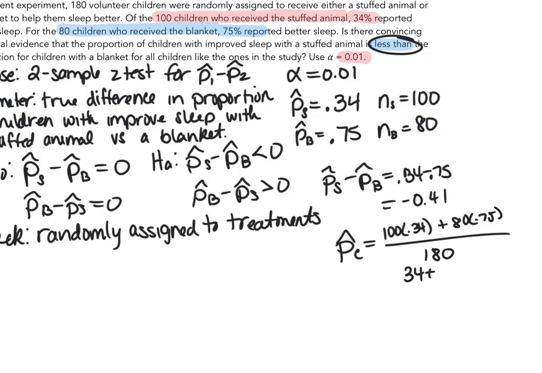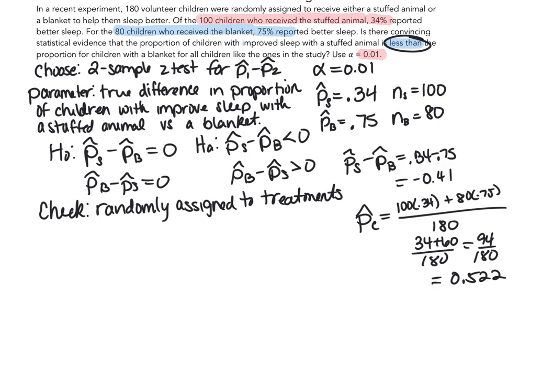So 34 plus 60 over 180 is 94 out of 180. We do this because our assumption is that they are equal groups. The groups aren't different, so we can treat them as one larger sample. So we're going to check our n1, 100, times our p, 0.522, which is 52.2, greater than or equal to